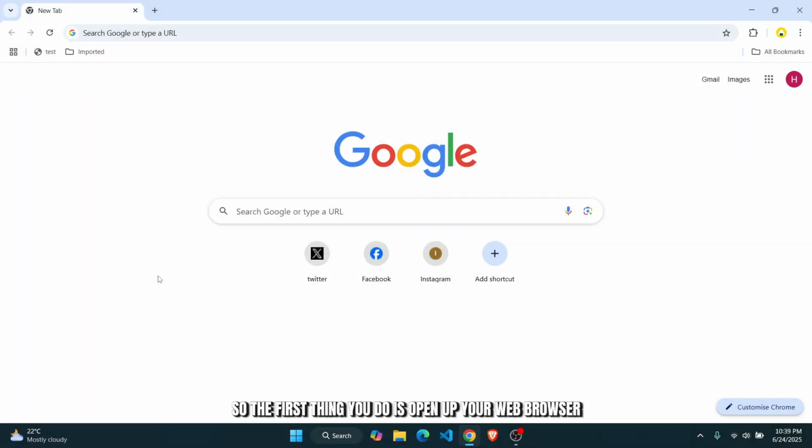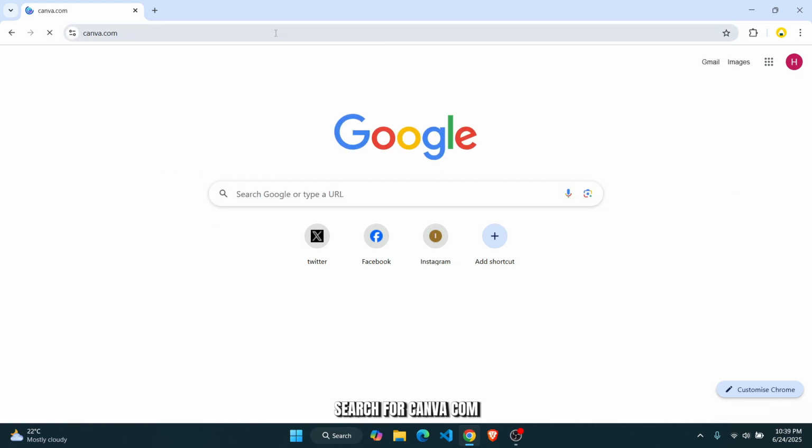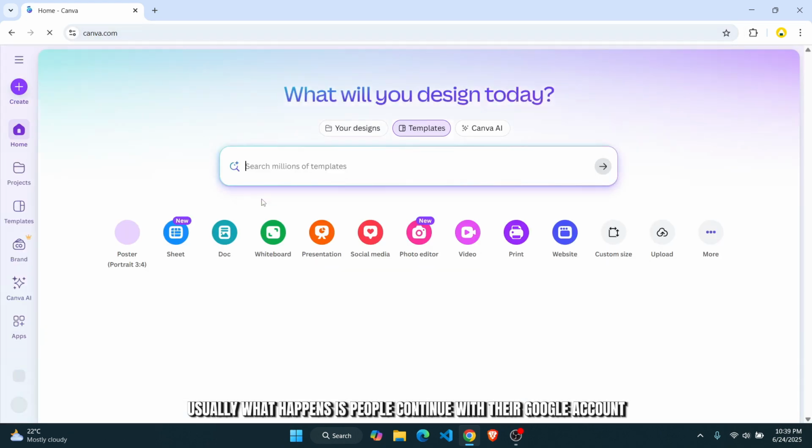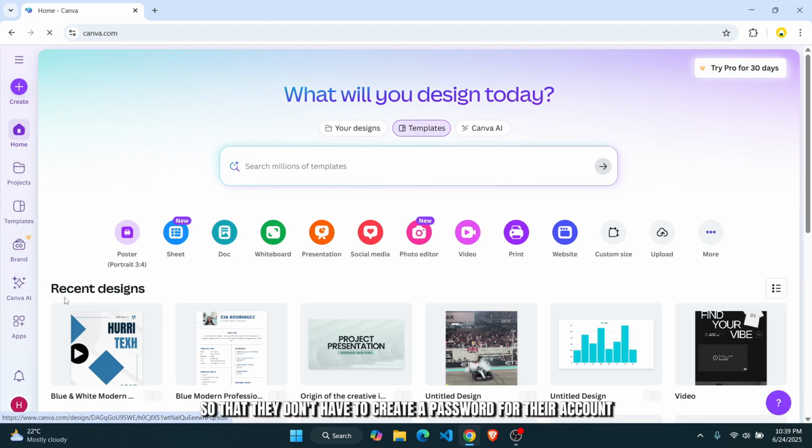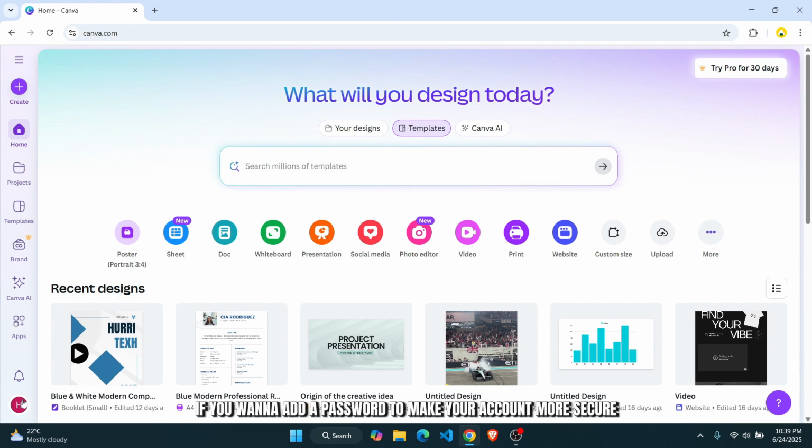So the first thing you do is open up your web browser and then simply go to the search bar, search for canva.com. Usually what happens is people continue with their Google account so that they don't have to create a password for their account. But in some cases, if you want to add a password to make your account more secure, you can